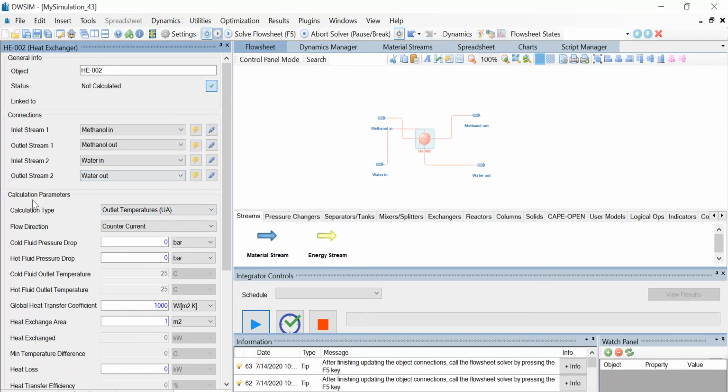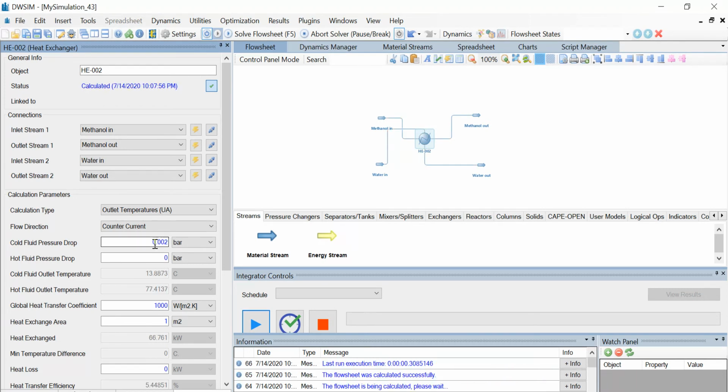Now under the calculation parameters, select the calculation type as outlet temperatures, which is already selected, and the flow direction as countercurrent. Now type the cold fluid pressure drop as 0.002 bar and the hot fluid pressure drop as 0.025 bar.